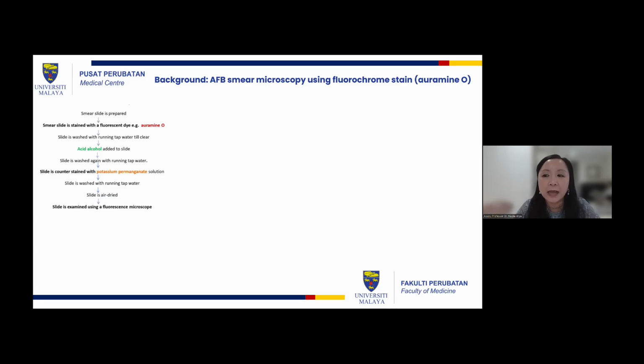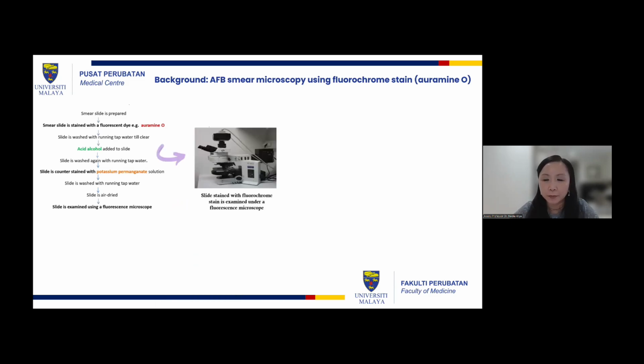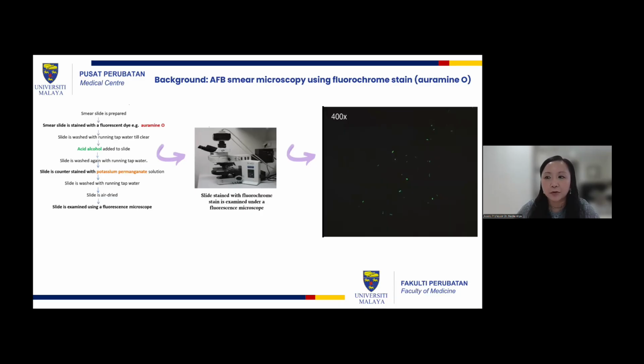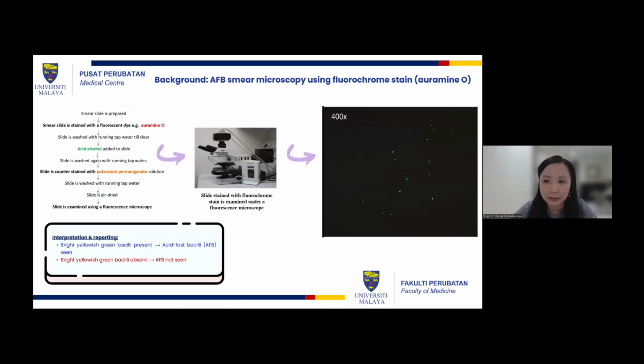Okay. We then add potassium permanganate, which acts as a counter stain. This counter stain will provide a contrasting background so that we can clearly see any acid-fast bacilli that are present. We then view the slide using a fluorescence microscope. The test is positive if bright yellowish green fluorescent bacilli are present, and negative if they're absent. This image here shows a positive Auramine O smear slide, as we can see bright yellowish green